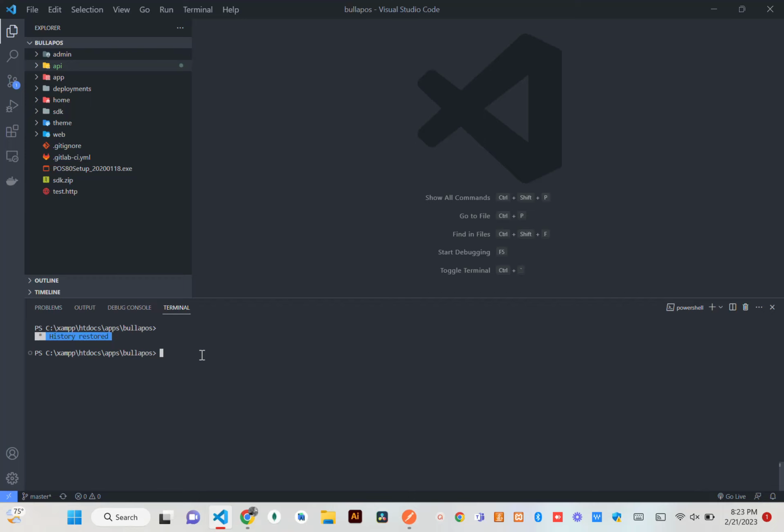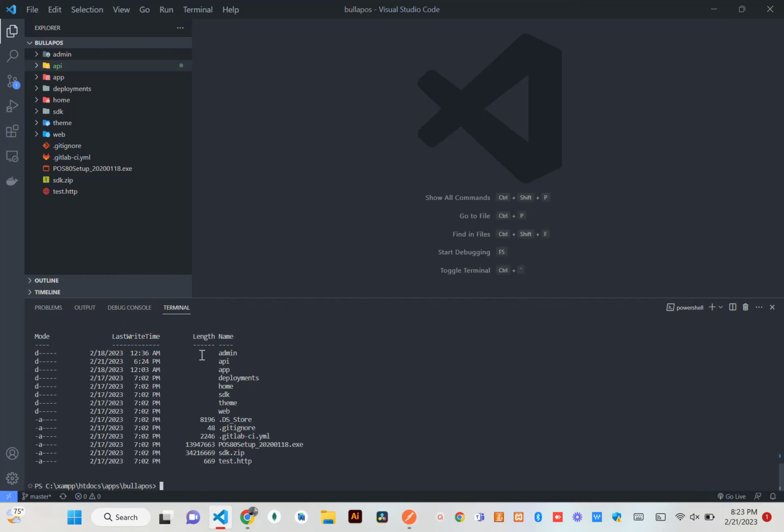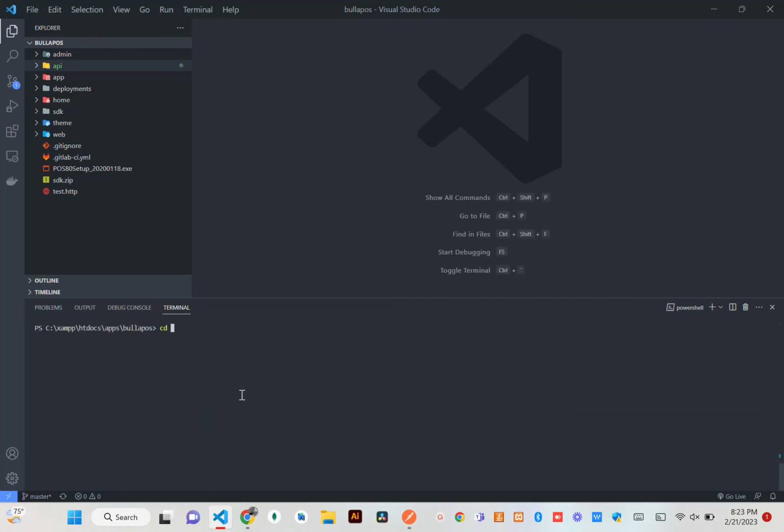So once you have this list of folders, you have this admin. As I said before, this is the front end, and then this is the back end, the admin. Forget about the rest, we'll use them later on. So once you have this backend up and running, and as you can see,